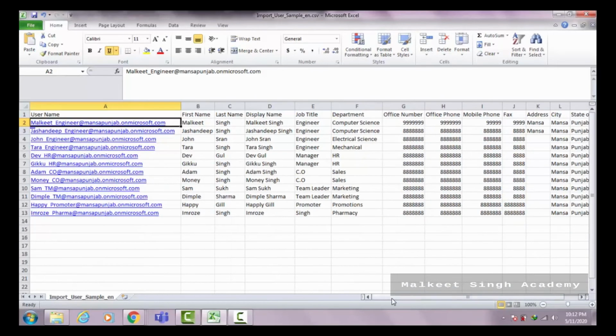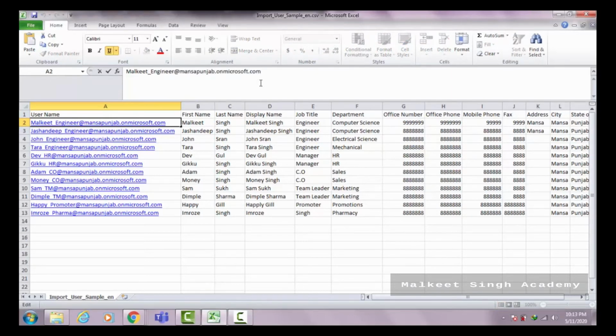And one thing that is very important is the domain name. Here I have written the domain name which I added when I assigned the domain name to this 365 account. So always add this domain name. And so that you can filter data very easily, always put an underscore and the job title. Because when you search for this particular thing that I'm highlighting, it will filter all the engineers in your department.